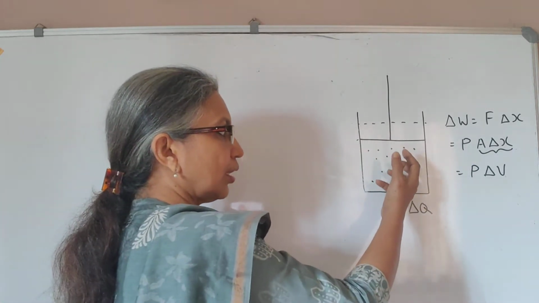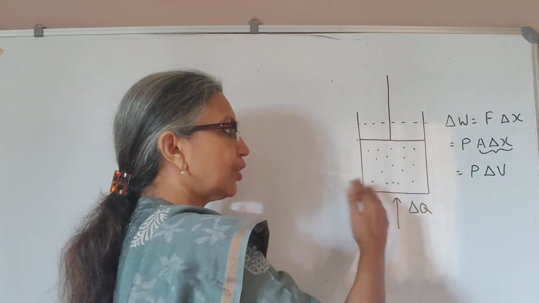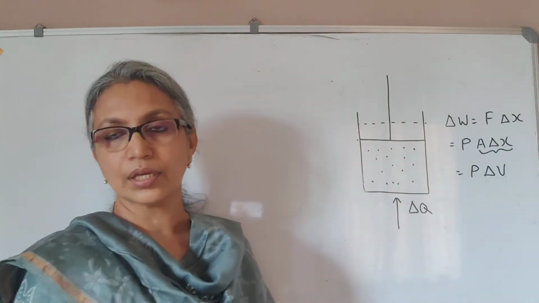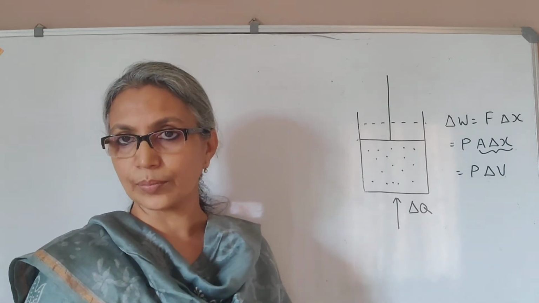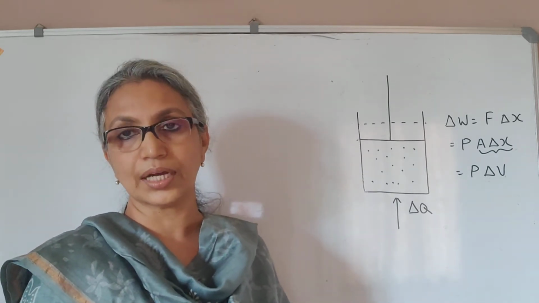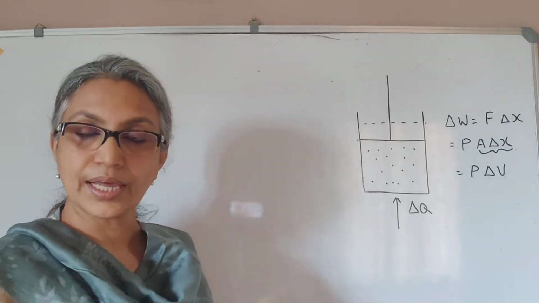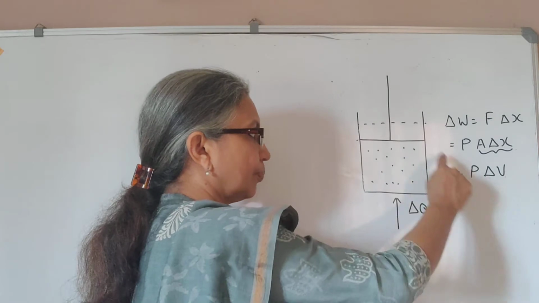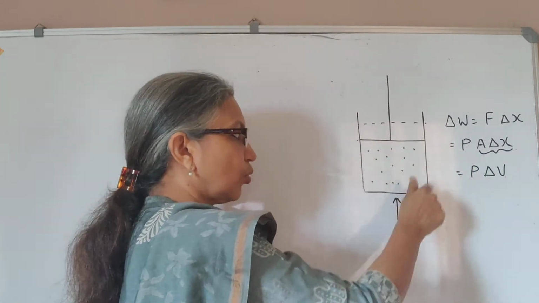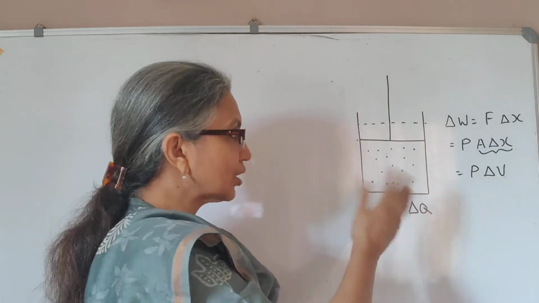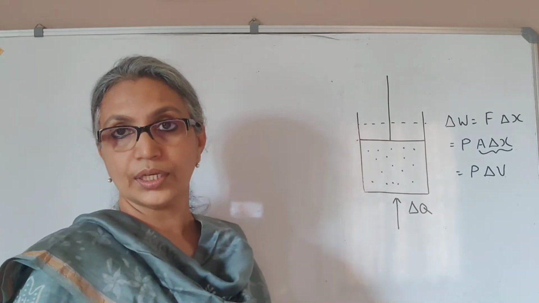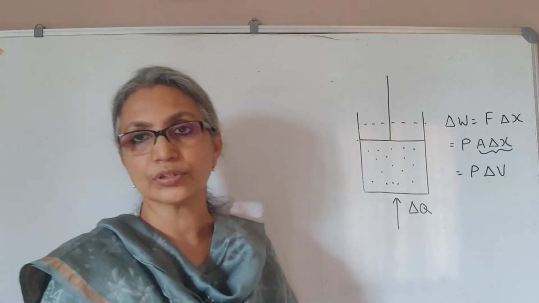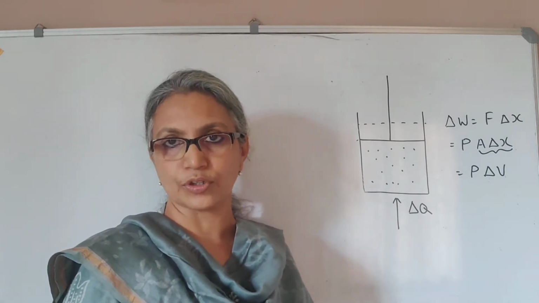Whenever transfer of heat is allowed, the temperature of the gas can be kept a constant, and such processes where temperature is a constant are called isothermal processes. Whereas in an adiabatic process, the system is kept insulated from its surroundings by adiabatic walls. No, the walls do not conduct heat. So no transfer of heat is allowed. In that case, there will be a change in temperature of the gas, and such a process is what you call an adiabatic process.